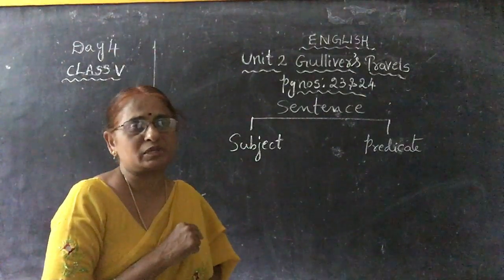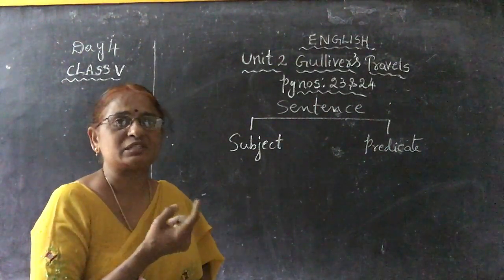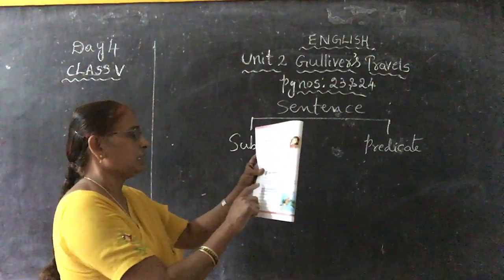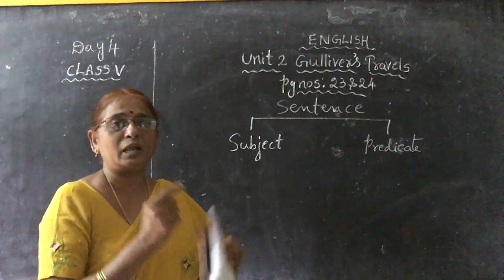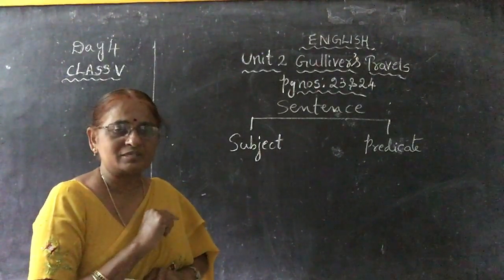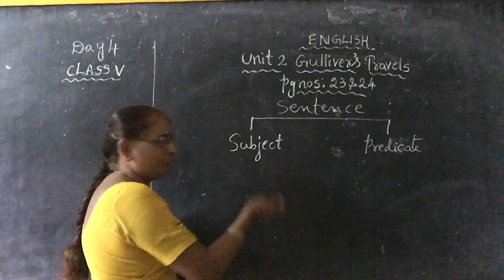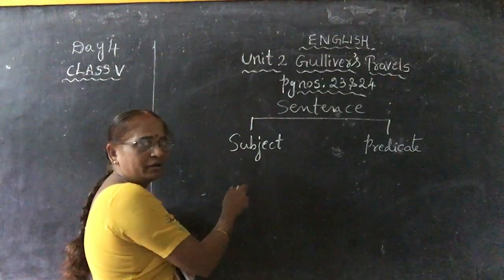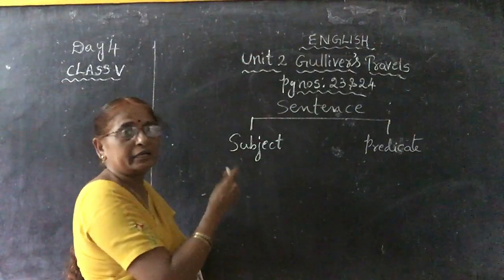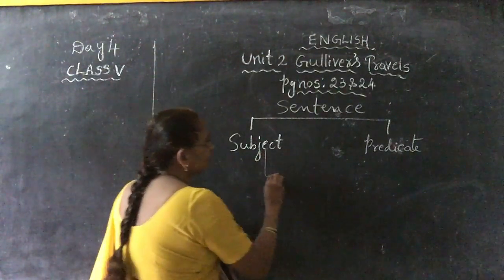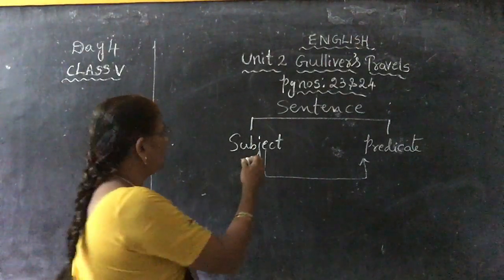And what is called subject in a sentence and what is called predicate? How can we recognize which is subject and which is predicate? The subject of the sentence is that which means what? The name of a person or a place or an animal or a thing is called subject, children. Then what is called predicate? Telling more about the subject is called predicate, children. Description, telling more about the subject.